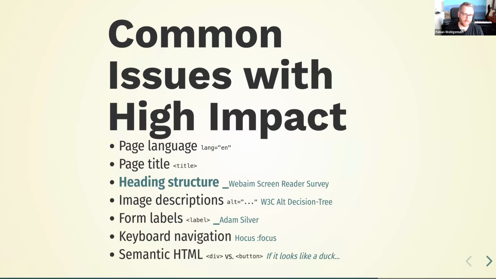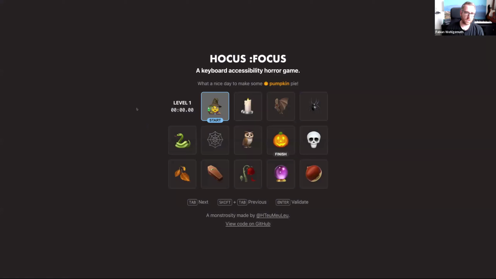And there's a small game, I won't spoil too much of it. It is called Hocus Focus. I will share the link to this as well. It just shows certain pitfalls, some things that happen on websites in respect to keyboard navigation.